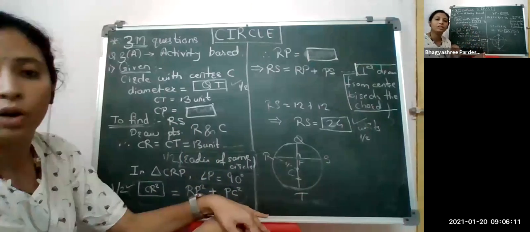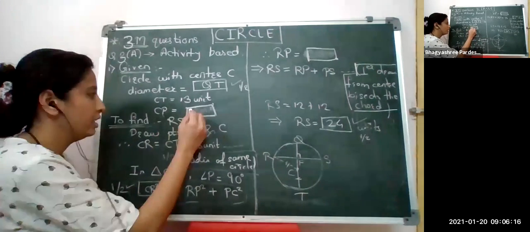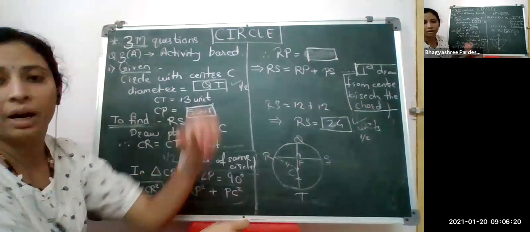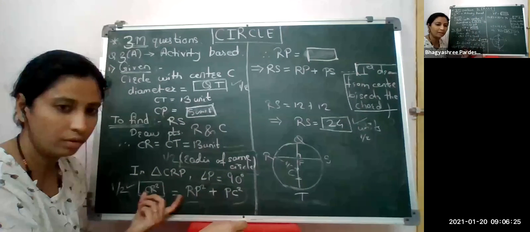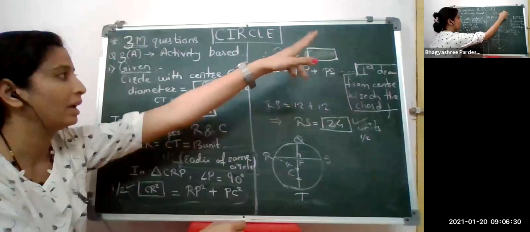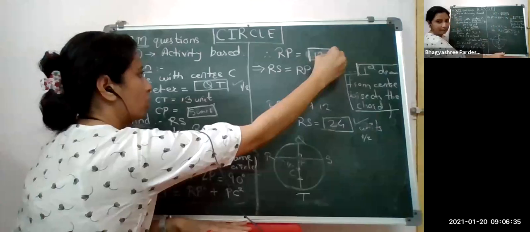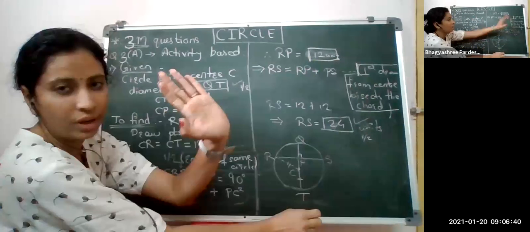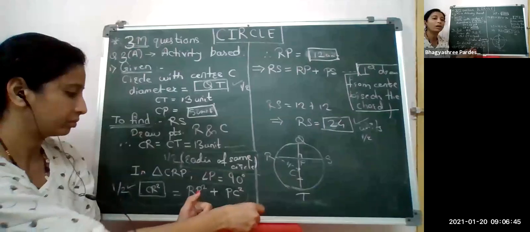Okay, now let's fill these blank spaces. We know CP given in your question is equal to 5 units. Then again RT was given to you. Once you have written the formula for Pythagoras theorem, solve this properly, and finally you are given RP equals, which we have just found out, 12 centimeter, or sorry, 12 units. Then in the next step, this was given, and for the reason we have the blank space. Write the reason. Again, you will get the marks. Like this way we are going to solve.